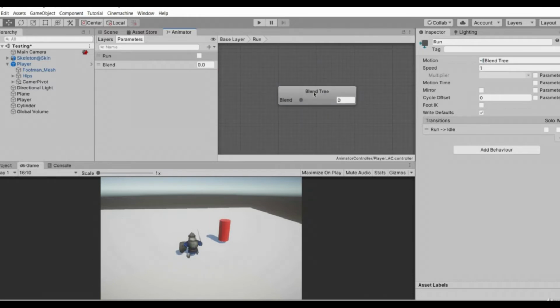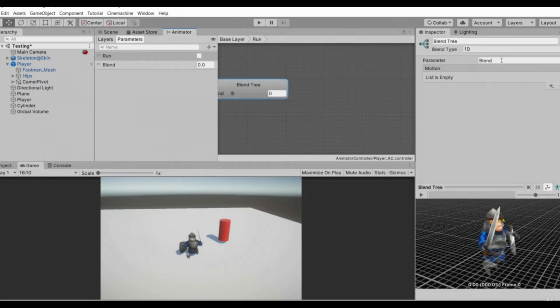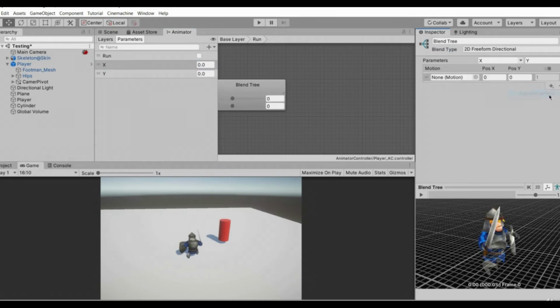Double click on that run, and now click on this blend tree, and instead of the blend type being 1D, make it 2D freeform directional, and we need to create two parameters. The first parameter would be our X, make it capital X by the way, and add one more parameter which will be float, and make it capital Y. Okay, cool. Now just click here Y and X. Now add motion,